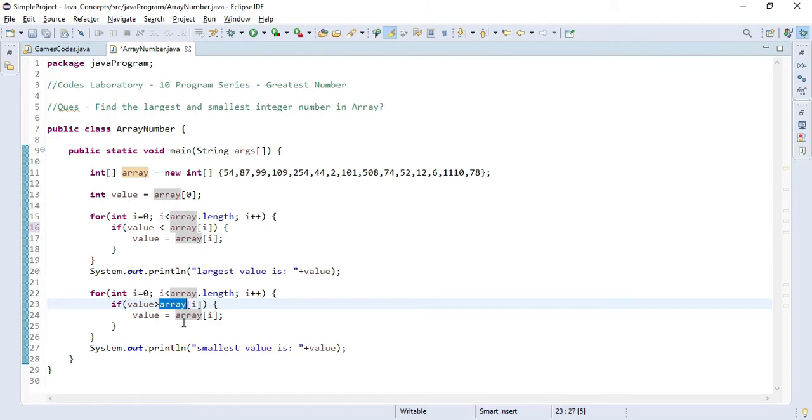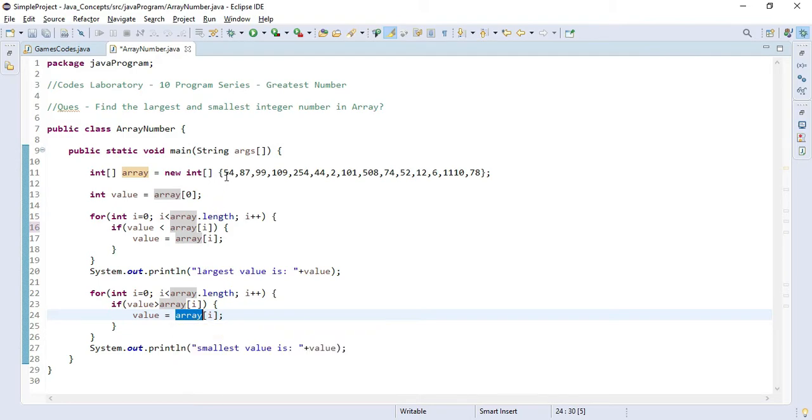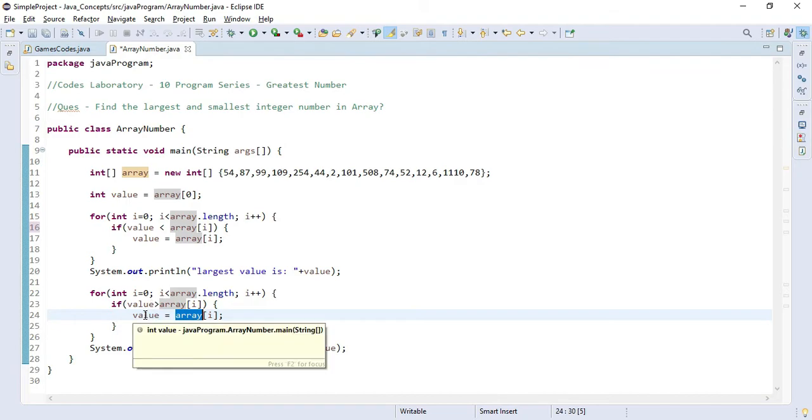If the condition is true, the value will be initialized with the value which is lesser than the value. So in this way it will compare each of the integer values with the next value, and whatever the smallest value will be present, ultimately this variable will be initialized with that.